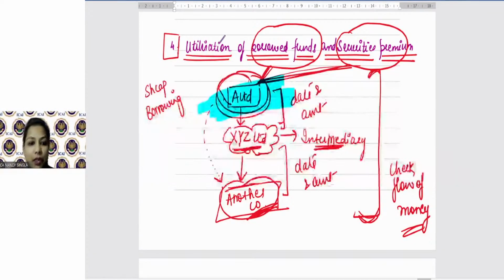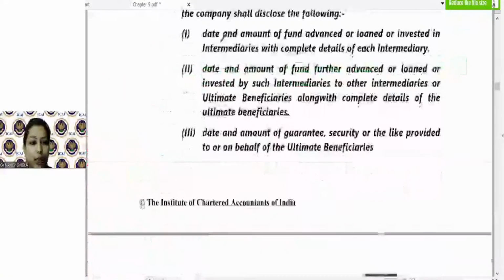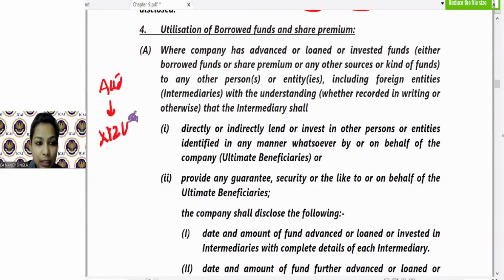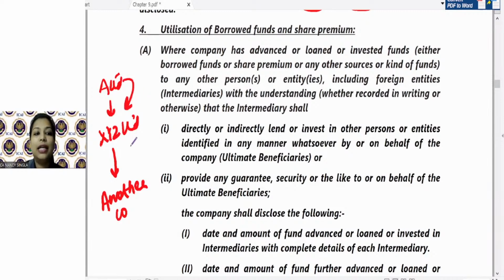So let us just have a look at it from the module. देखो बहुत अच्छे से समझ आएगा ये, I am sure, है ना। And after we complete this 4 points ना, I want all of you to reply कि बहुत अच्छे से समझ आया या नहीं। तो देखो हमने क्या बोला, A Limited के पास पैसा था जो XYZ Limited को दिया गया कि अनदर कंपनी में जाके इन्वेस्ट कर दो या अनदर कंपनी को गारंटी दे दो, लेकिन हमारे बिहाफ पे, ठीक है। तो हमने बोला इसका डेट अमाउंट और इसका डेट अमाउंट डिस्क्लोज करना है, सिंपल सी बात है।